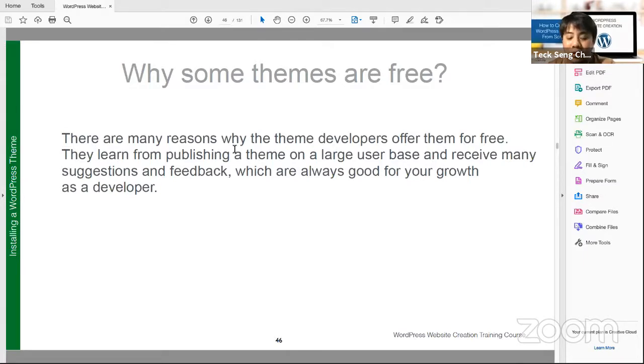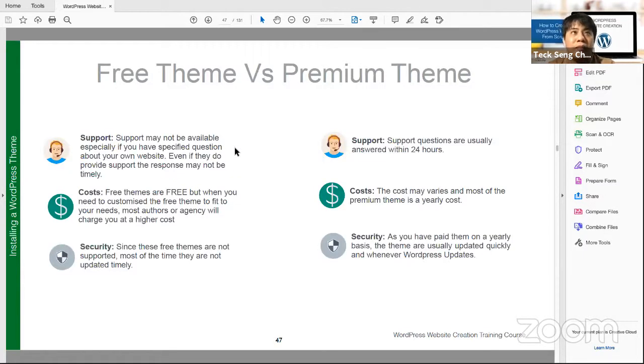For free theme and premium theme, as I mentioned, a free theme is usually a one shot by the developer. So the support for the free theme is usually not available, or the support is not really good.